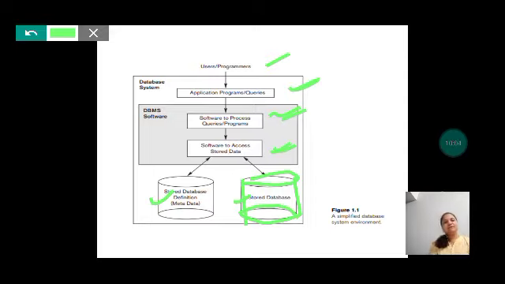If it is available, then that data will be shown to the user or programmer. Internally, the database will be stored on some storage medium, that is, on one of the disks.